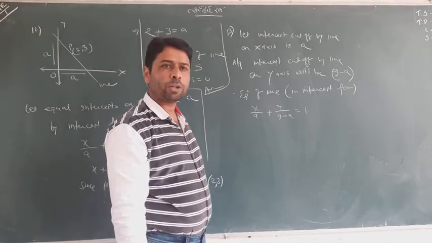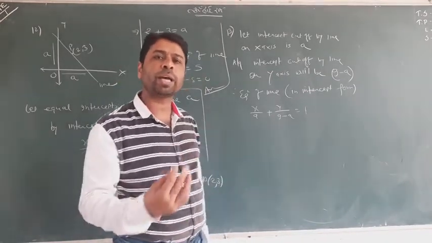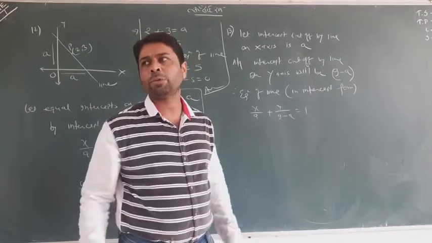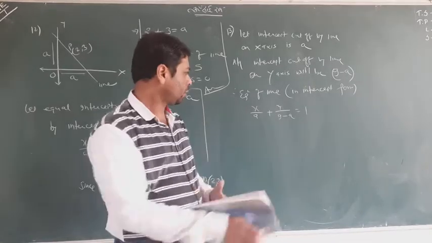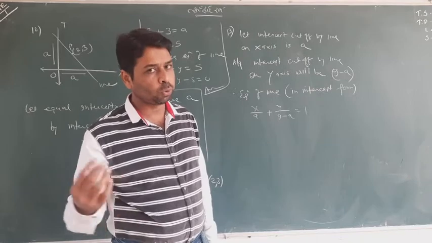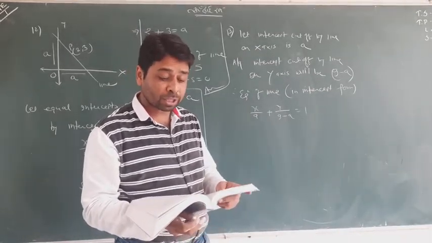So how did I get 9 minus A? Because we were given that the sum of intercepts is 9. So if the intercept on the x-axis is A, the intercept on the y-axis will definitely be 9 minus A. So that is your equation, but still A is unknown. How can we find A? You know it. We will read the sentence that the line passes through (2, 2).